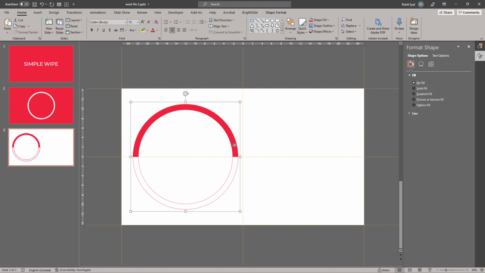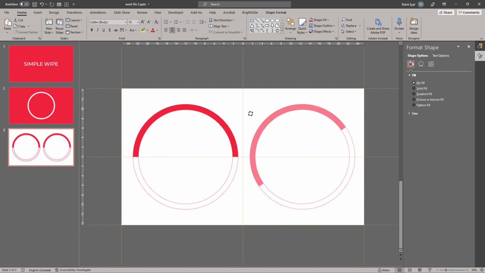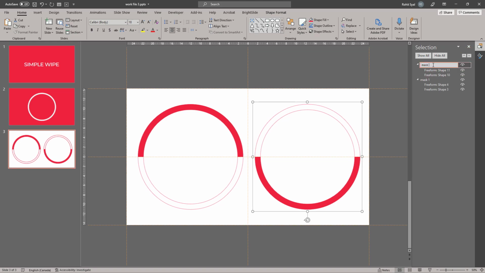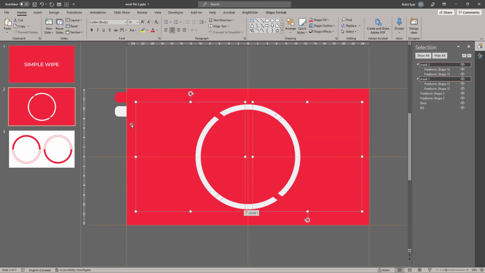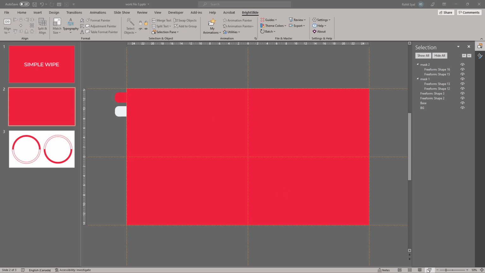Then, let's reselect this, make a copy of it, drag it over to the right, and rotate it so the red is on the bottom half. And I'll rename this second one to Mask 2. So now we have our two masks ready. Next up, we'll select both these guys and copy them over to our primary slide. Keeping them selected, I'll also select the base color and I'll align them to overlap. So hopefully they should completely camouflage the base color.